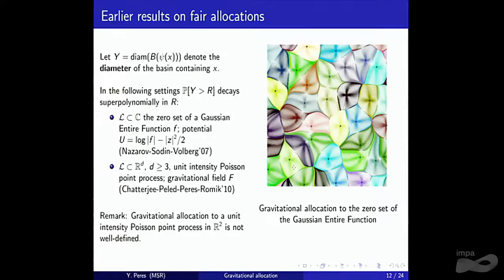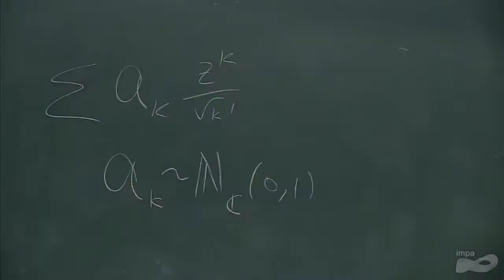By the way, Misha Sodin has some beautiful survey articles, and I even have a little book with Ben Hough, Manjunath Krishnapur, and Bálint Virág about zeros of Gaussian analytic functions if you want to find out more. That's another nice subject, but they were interested in understanding the zeros. So given this function f of z,